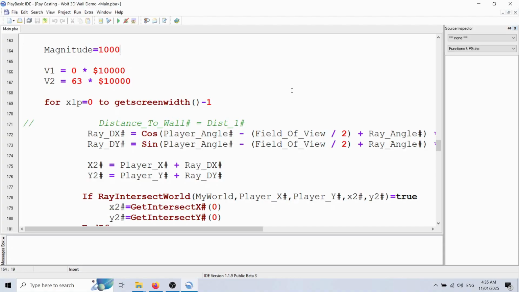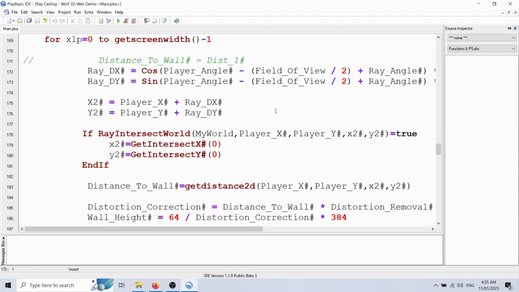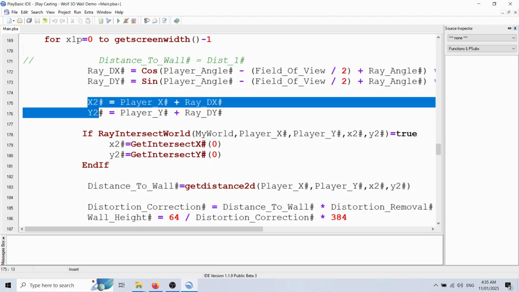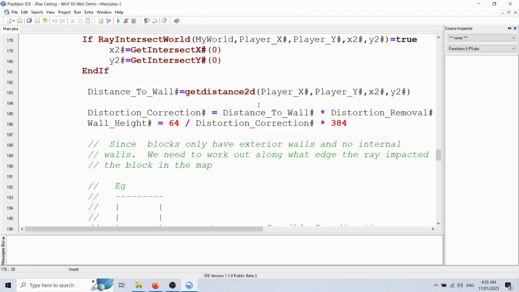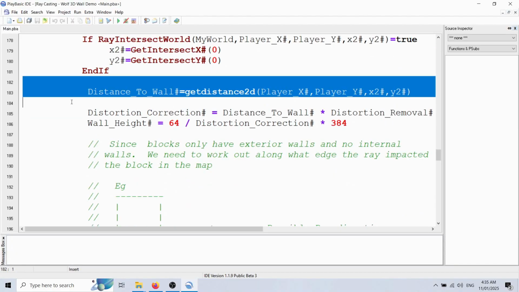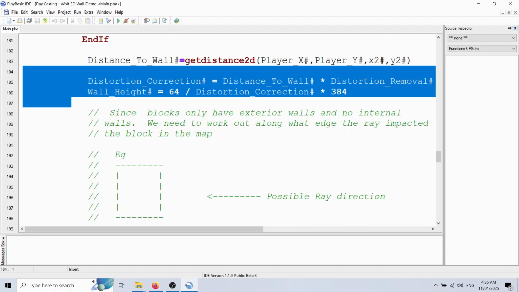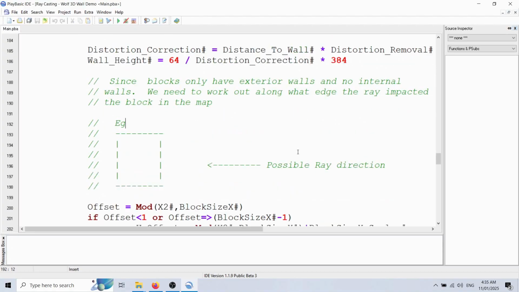This is the problem where the walls in the distance weren't being rendered correctly, because there's no intersection, so there's nothing for it to actually use other than the ray's endpoint, which could be anywhere really. Nonetheless, we calculate the distance, work out the vertical size on screen, and here's what I'm trying to get at really